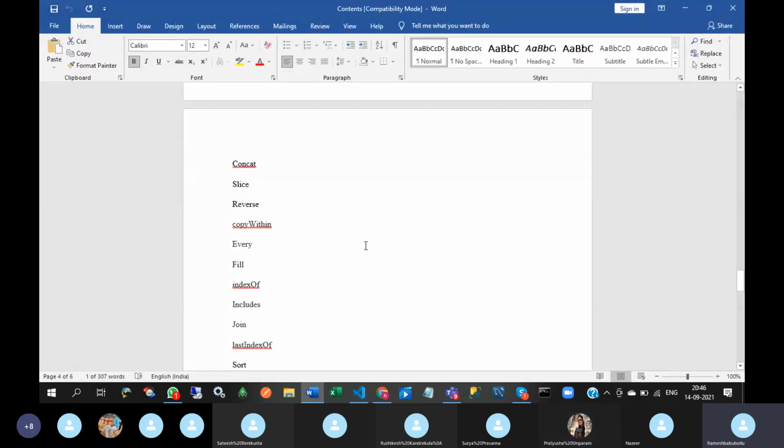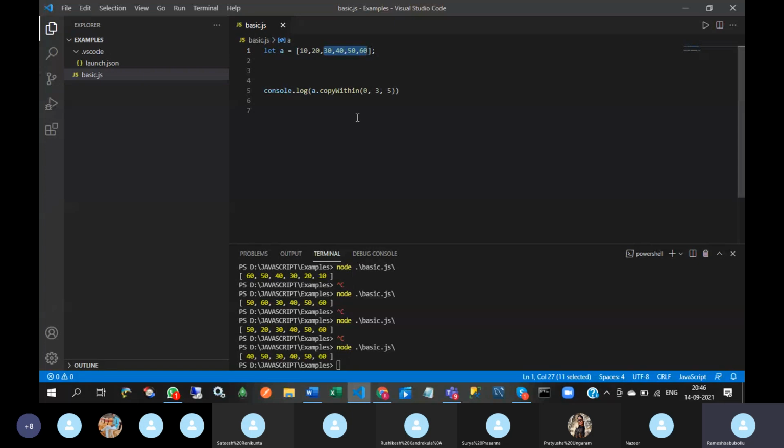Next, every. Every determines whether all the elements of an array satisfy the provided function condition. Suppose I'm having one value, 100.